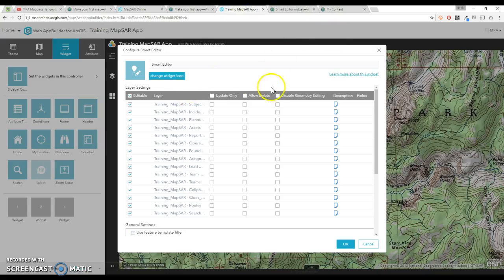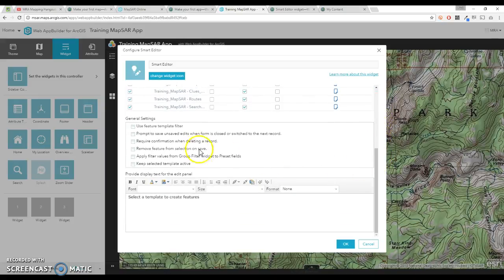Okay, so now we've got my Smart Editor widget. I'd like to allow my user to be able to delete points. Oh, there might be times when you don't want them to. I'd like to require confirmation when deleting a record. And maybe if I'd like, I can put some more detailed instructions in here. It says select a template to create features, but I'll say click